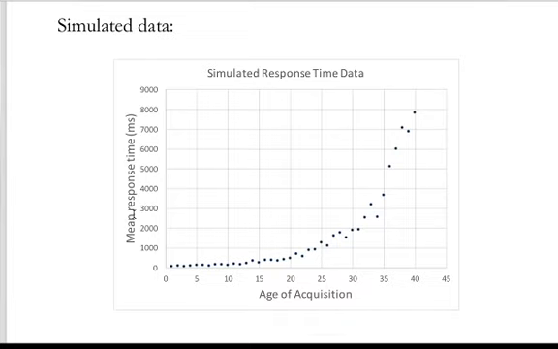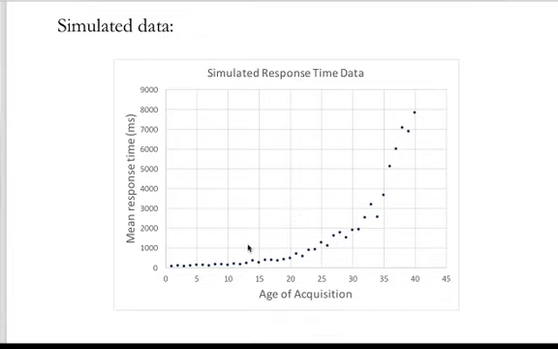You absolutely could get things that look like this in a critical period study on second language acquisition. You'd have an AOA curve like this, and you'd find that after some critical age, maybe it's like 15 here or something, for every additional year people are older when they come to the United States, their reaction times basically go up logarithmically. This would be a totally typical finding. And then what would you conclude from that?